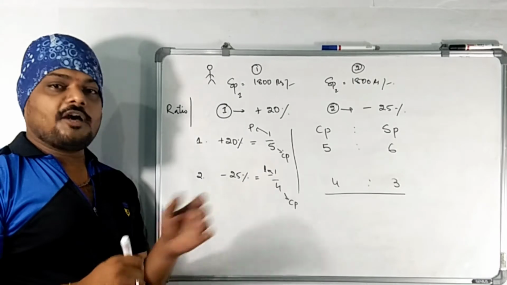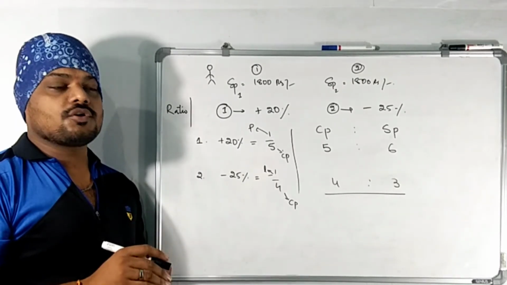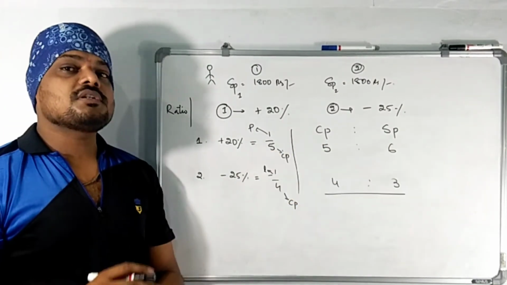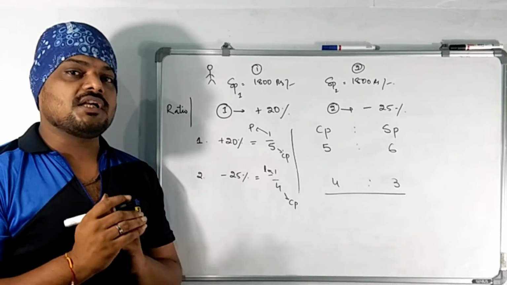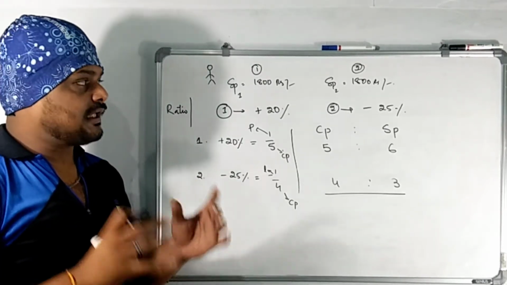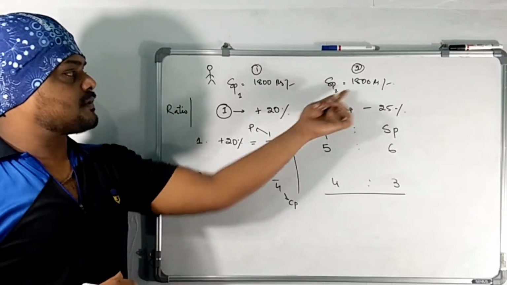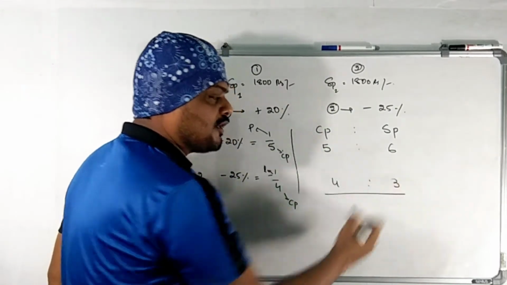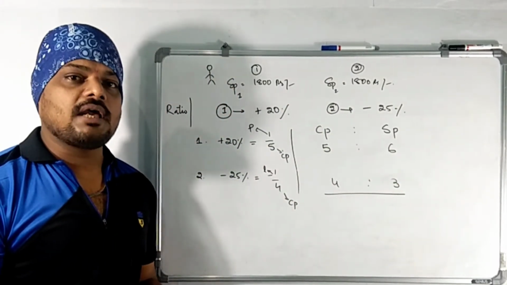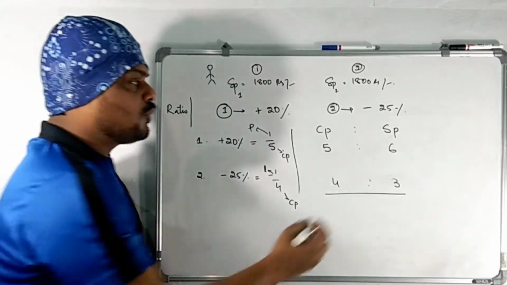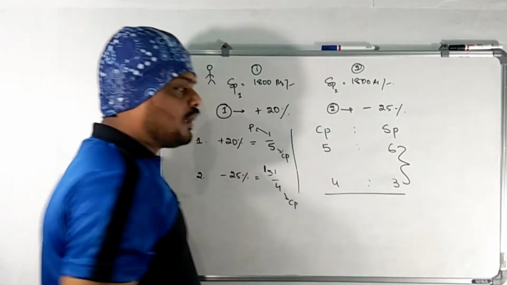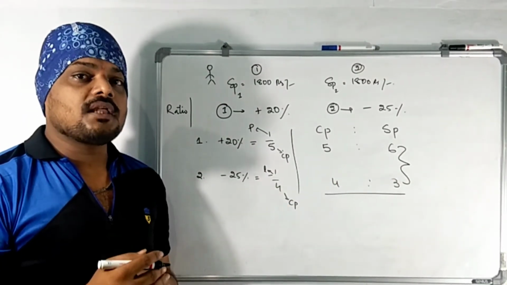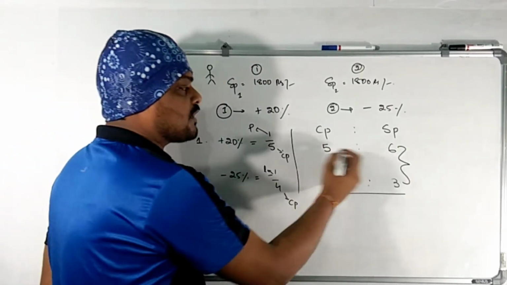Here I have made all the ratios, but these ratios aren't yet clear according to the given condition of the question. The condition of the question is that the selling prices of both the articles are equal, and here the selling price values of the articles aren't equal. So we have to make the ratios equal first of all. Let us try to make them equal.